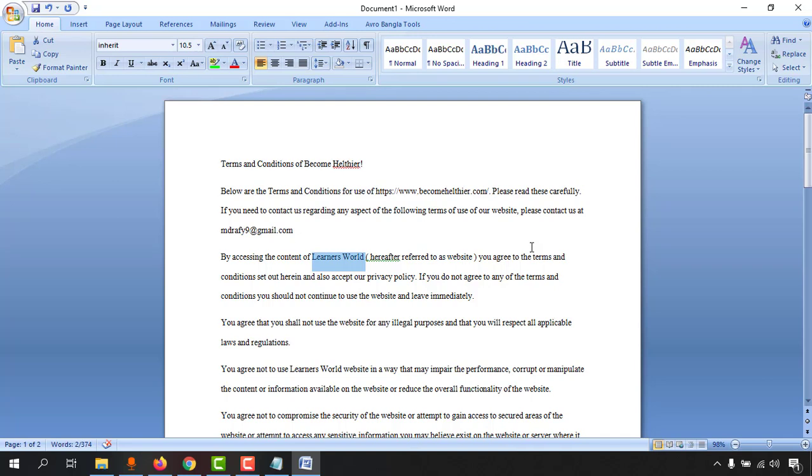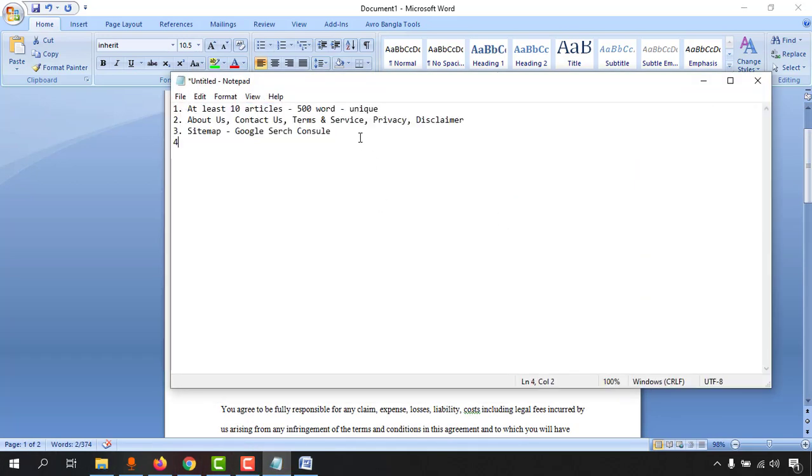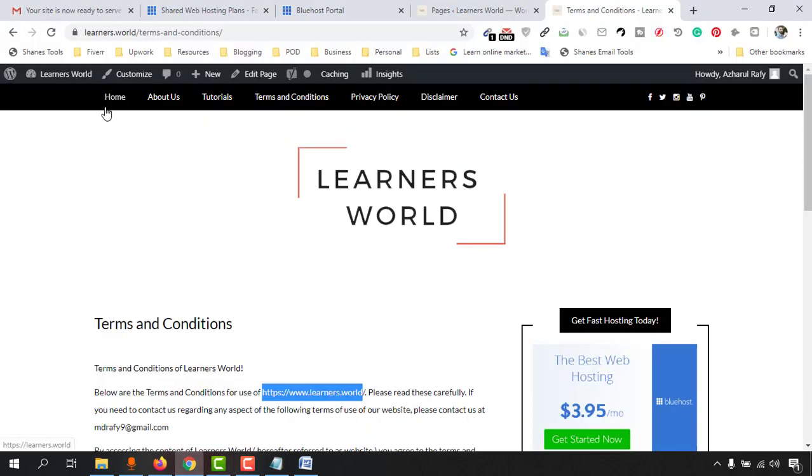So that's the process, guys. Another thing I should mention: to get approval, you should have a good, let's put first, website speed. These are also helpful. And then what else I could add here, and 5, a clean website theme. So as you can see, my website here, Learner's World. If you just go to this home page,